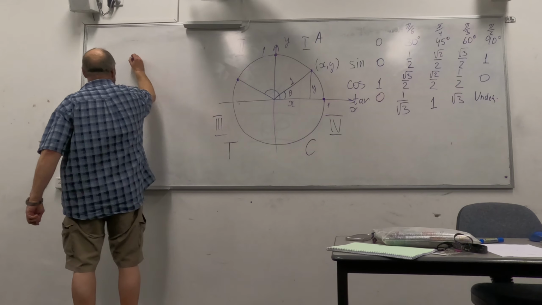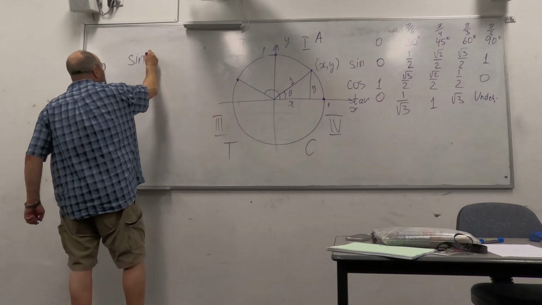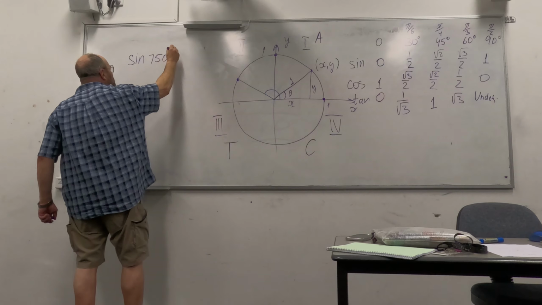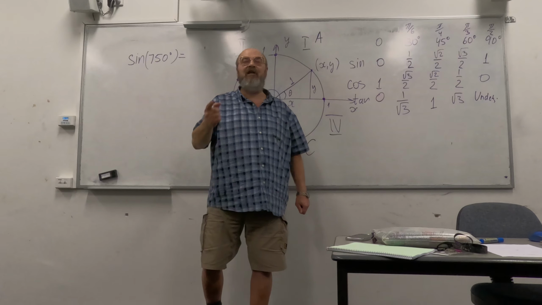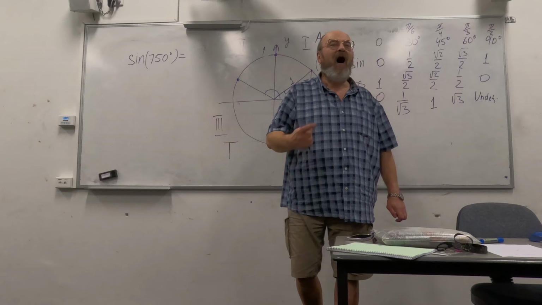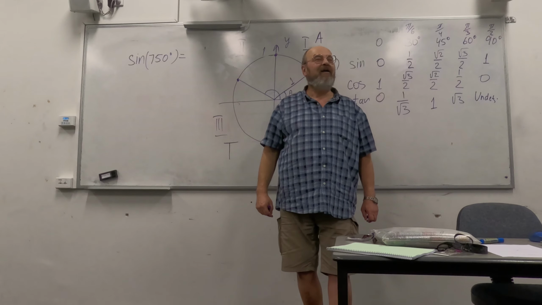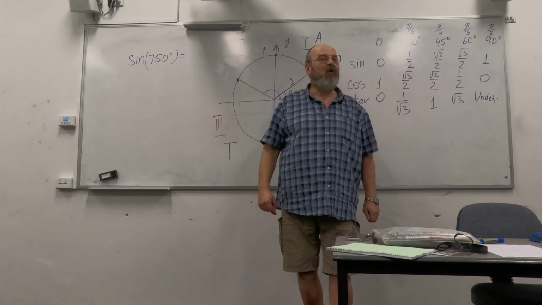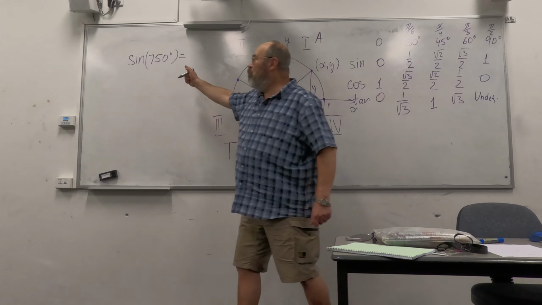sine or both, of 750 degrees. It's 30. We need to bring it under 360, 360 plus 180, because it repeats every 360 degrees. So we minus